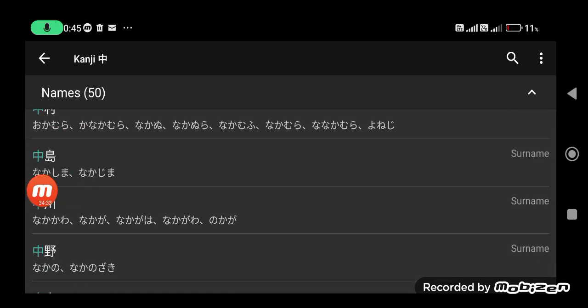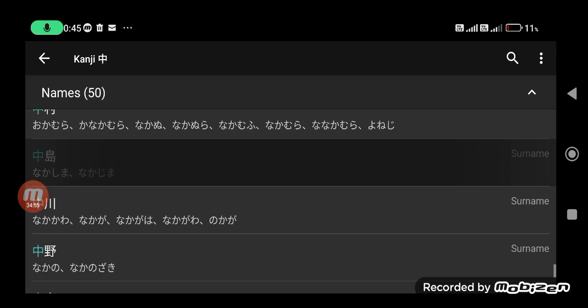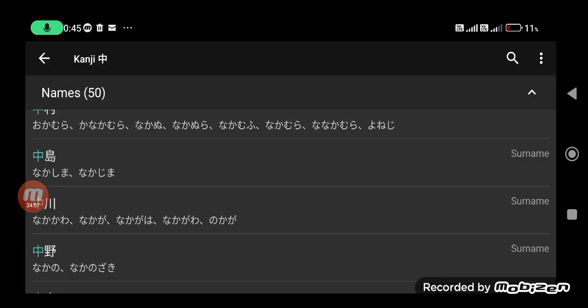How about this? Nakashima, but oftentimes Nakajima. This is shima, but since it is a non-first kanji, it will be transformed into its dakuten form. So the dakuten form of shima is jima. So naka plus jima, Nakajima. 中島。